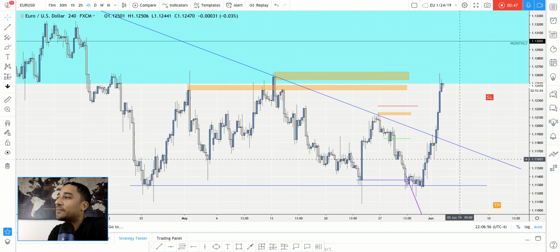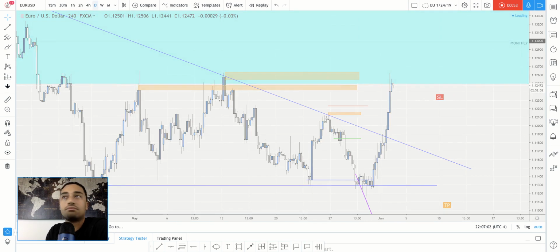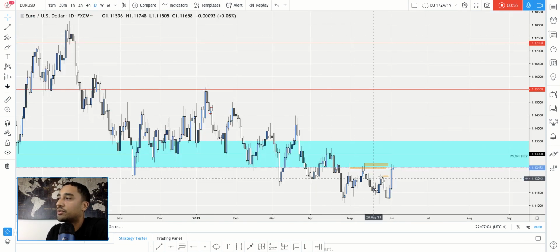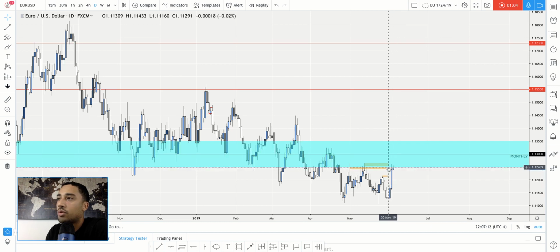All right. So, yeah, price broke structure. Does this happen often? No. Broke structure in the H4 time frame. So here's the thing. Let's see how this daily candle closes for this specific structure, because the thing is,